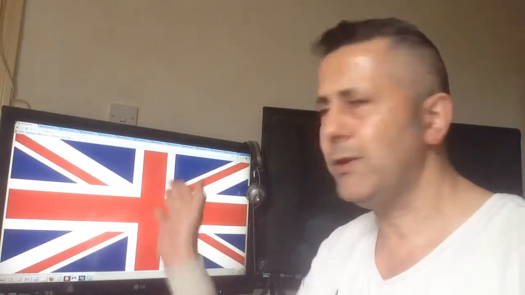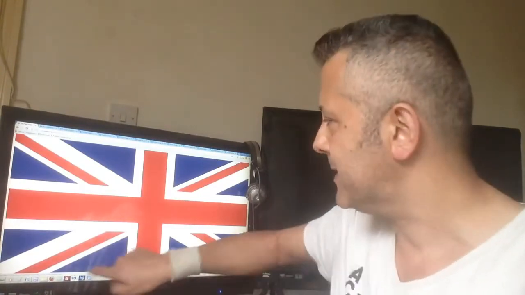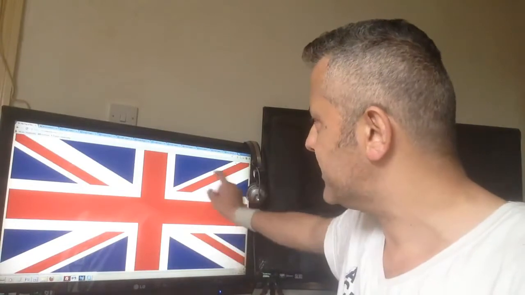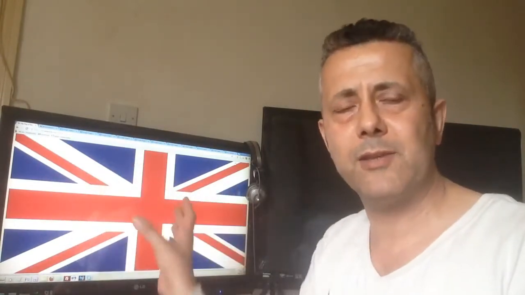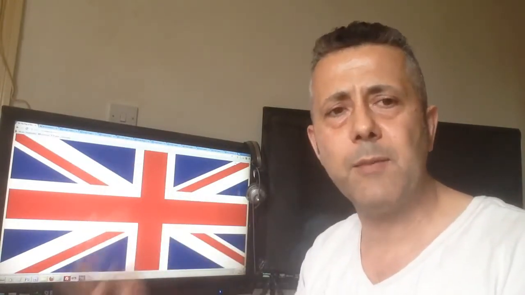The British flag, is it satanic? Well, of course it is, because the whole world is run by the devil. What do you see? Do you see what I see? I see lots of things here. Maybe you don't see them. Let's begin from the basics. Remove the blue parts of the British flag so you can actually see what's in the middle. You've got an 8-pointed star.